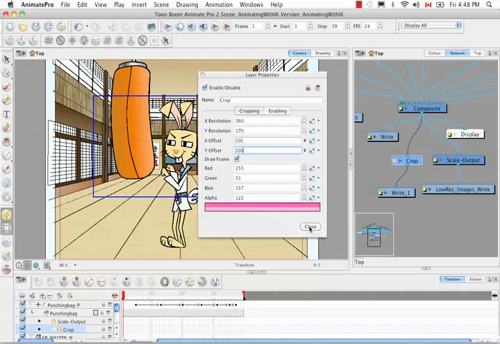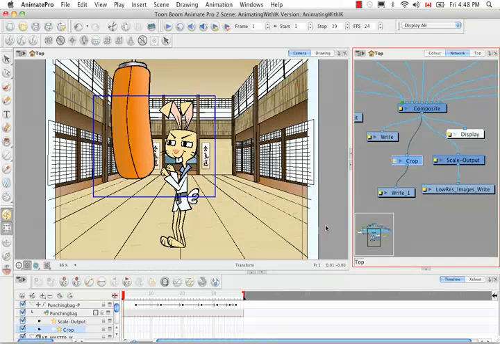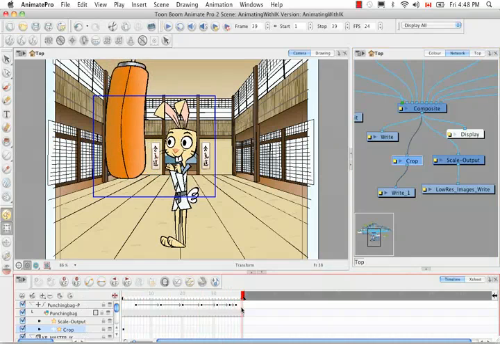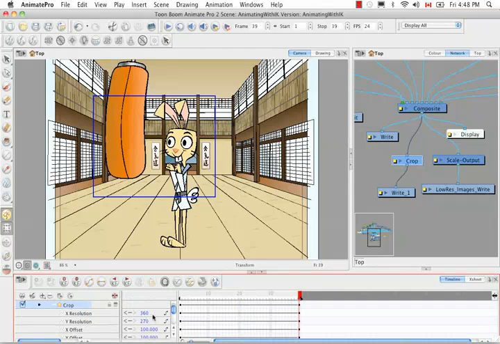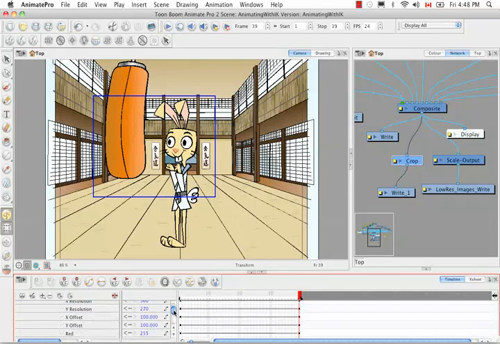So I'm going to close this. And actually what I'd like to show you as well is how we can animate this frame over time. So we can see that the crop appears in our timeline view, which means that we can add keyframes and that we can animate several of its options. So we see here the resolution XY, so that's the actual dimensions, and then we can also see the offset. So for example, if I set the offset back to 0